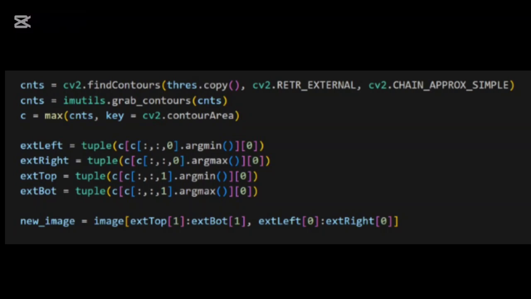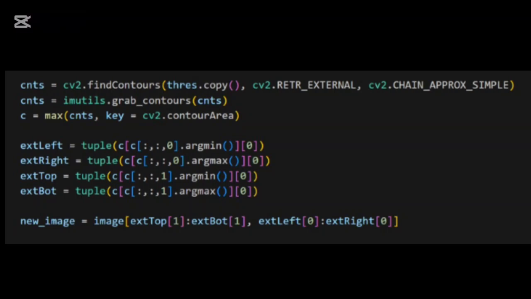Then our next function is imutils.grab_contours. It is used for compatibility with OpenCV versions, because some of the OpenCV versions return different values. Like for OpenCV version 4, 3 values are returned, which are the image, contours, and the hierarchy, and for OpenCV 2 or 3, 2 values are returned, contours and hierarchy. So this function basically normalizes and makes everything consistent and returns the same number of values, so there are no